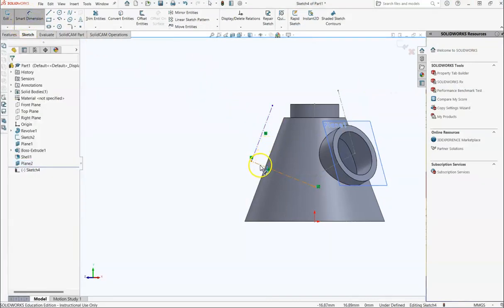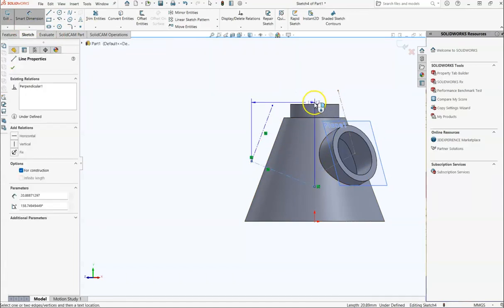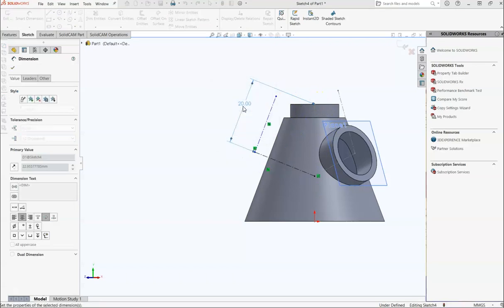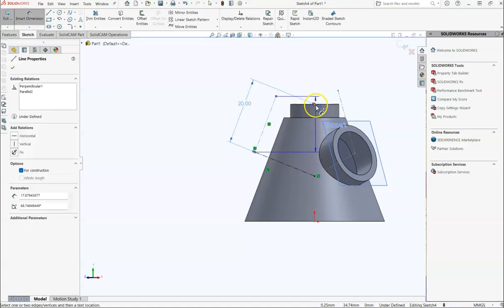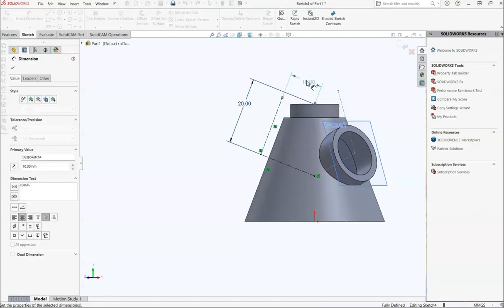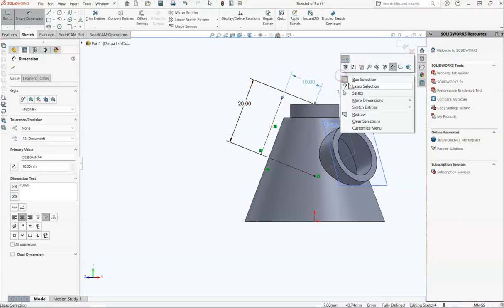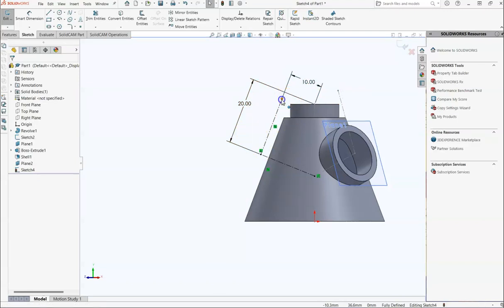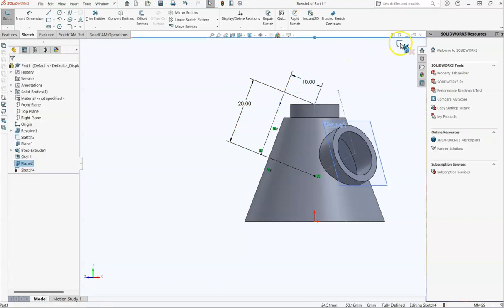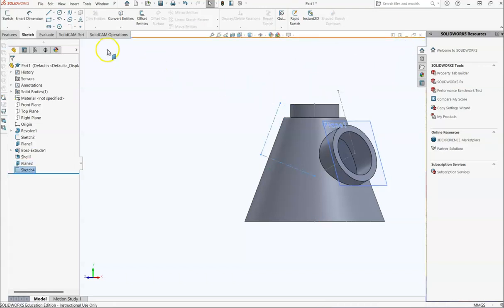So we're going to go from this here up to that top dot, out on an angle, and that's going to be 20. From that line to that top dot, up on an angle, and that's going to be 10. So we define. Now the top of this is still blue, but that really doesn't matter, because it's a construction. So we'll hit return from sketch, and get